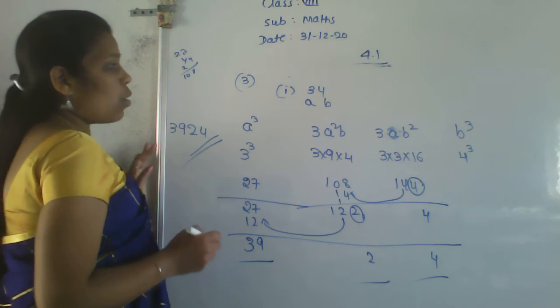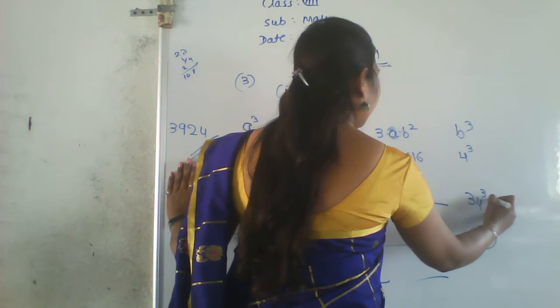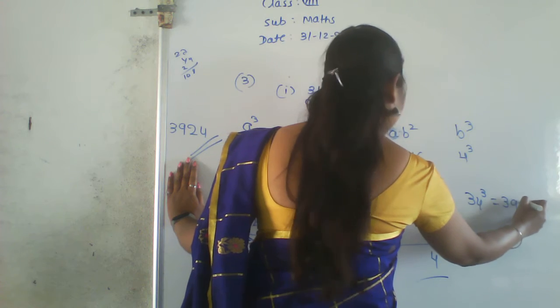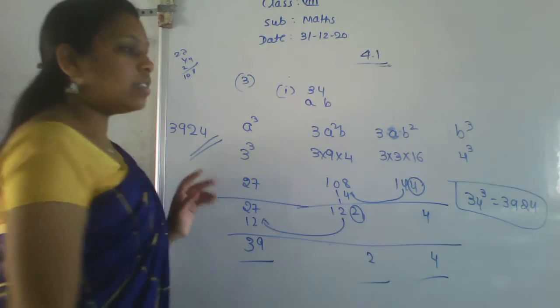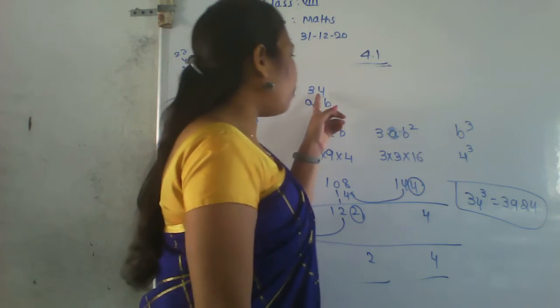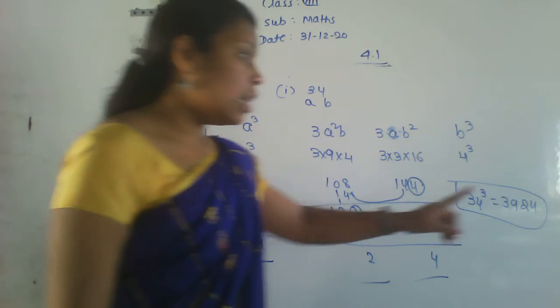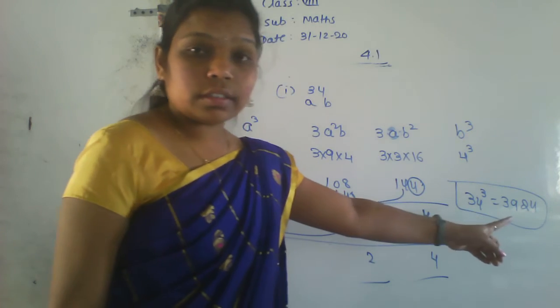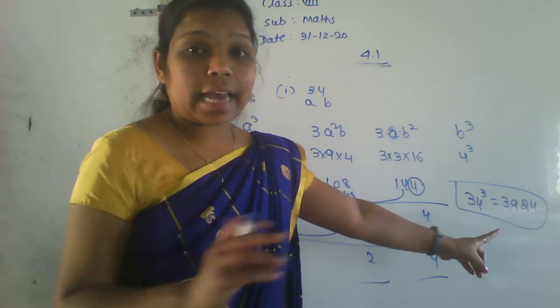Okay, so what is the cube of this number? Right here, 34 cube is equal to 39304. Okay, so always if the number is ending with 4, the cube of that number also ends with 4 only. We got now? Okay, observe the properties also here. Then only you can clarify the things here.